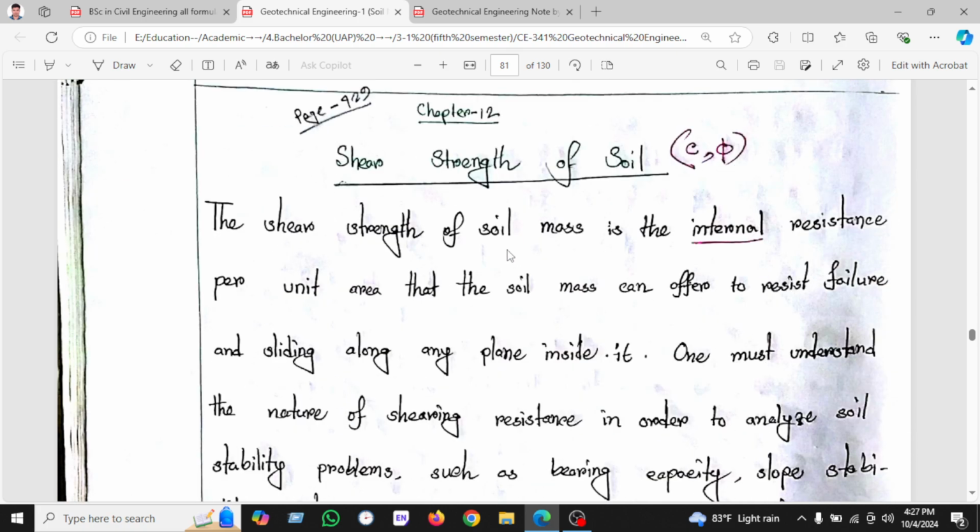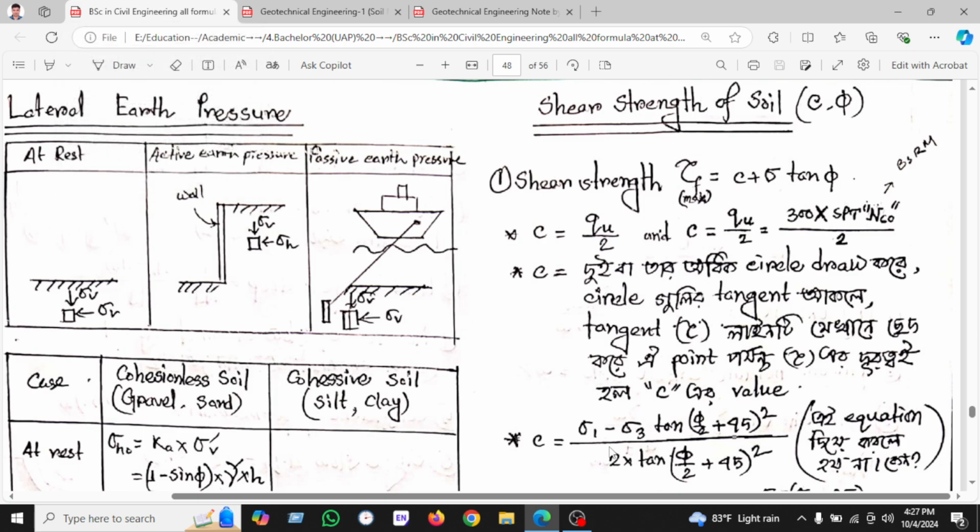Before I go into the shear strength of soil, I want to share some formulas. Here are some formulas you can see. Shear strength of soil, tau equals C plus sigma times tan phi. C equals sigma undrained divided by 2, or